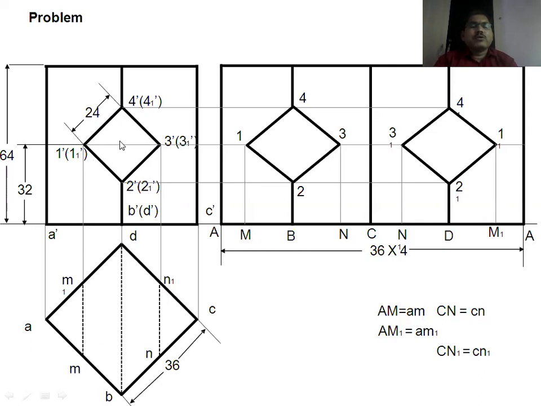The axis of this square hole is perpendicular to VP and parallel to HP. That's why this M1, N1, then the middle edge, the name is not given but BD. So this 4 dash, 4 1 dash, and 2 2 1 dash. So this edge is this. All four edges are not visible in the top view. That's why they are drawn as dotted lines in the top view. So this is the projection. Three dotted lines indicate the projection of the square hole in the top view.